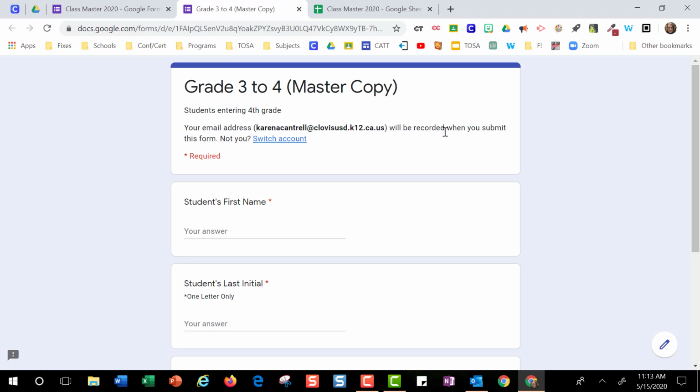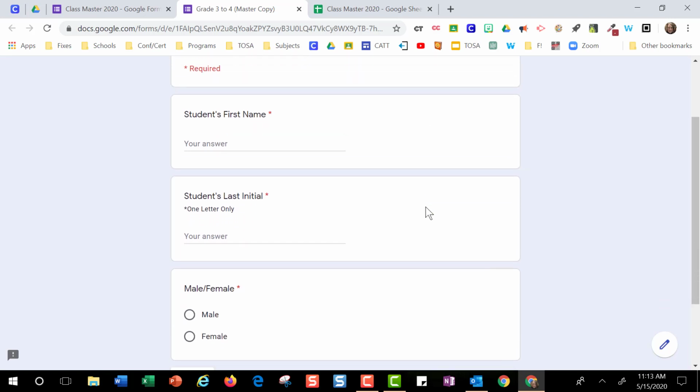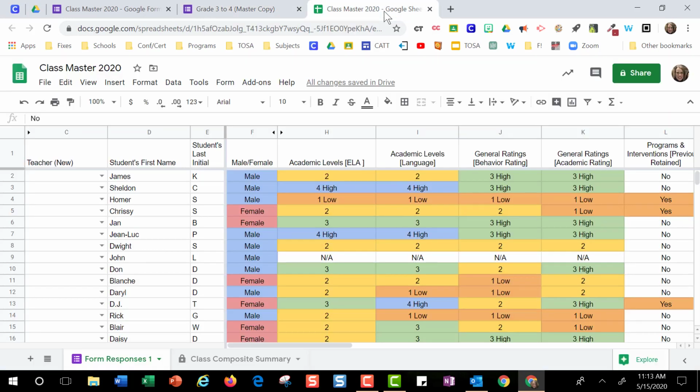The purpose of today is to talk about digital card parties. The first step would be to have the teachers fill out a Google form. This takes the place of a paper card. Once all of the information has been completed, it gets moved over to a spreadsheet, and all of the data